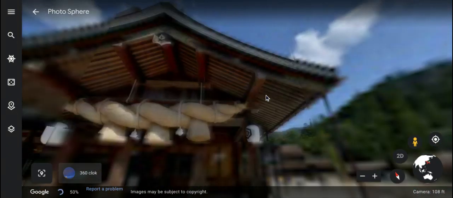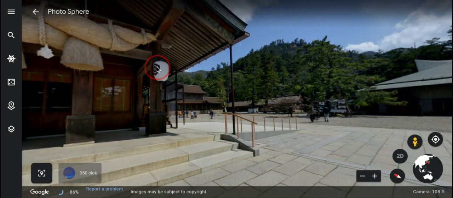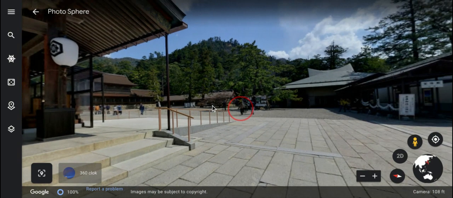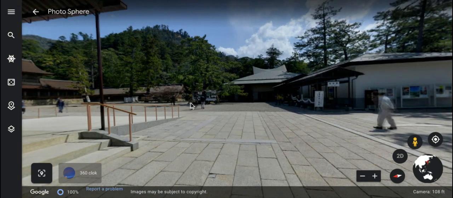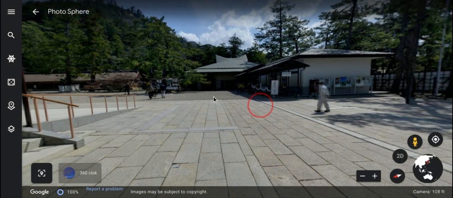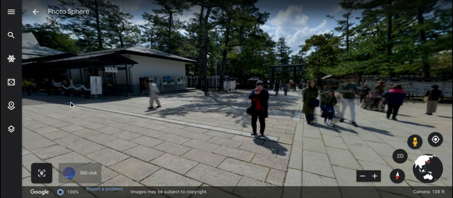What else? I had another student say, there's not a lot of people. It's kind of a tourist attraction. It's the oldest, one of the most important buildings in the Shinto religion, and it's not packed out. You would think there'd be people in line taking 1,000 pictures. This person's taking a picture, but you don't see kids running around. You don't see garbage everywhere. You don't see this kind of craziness that you see at most tourist attractions.